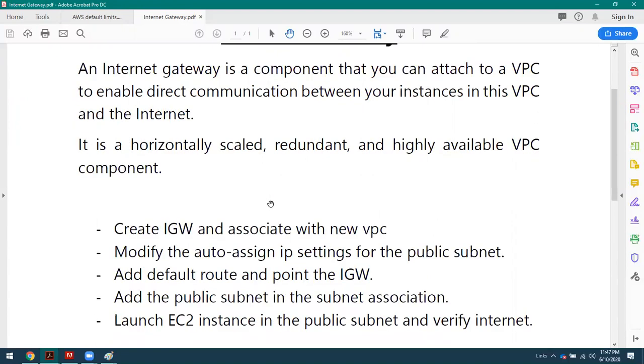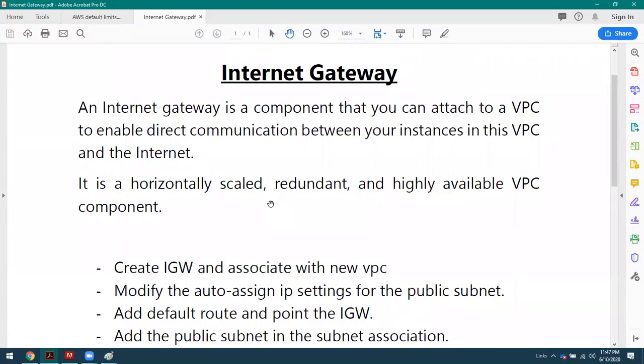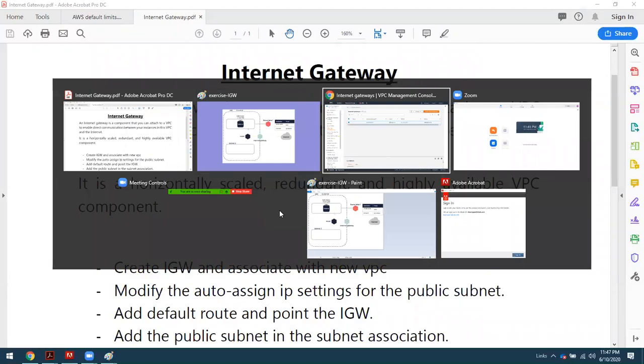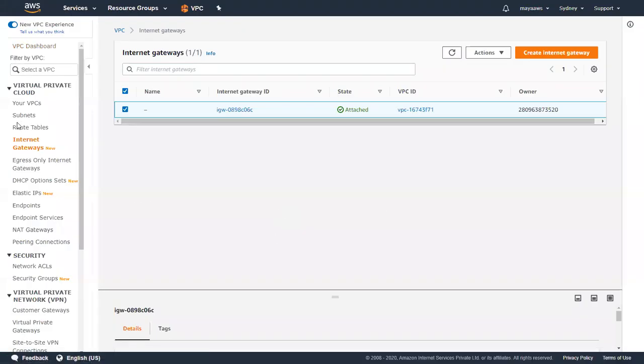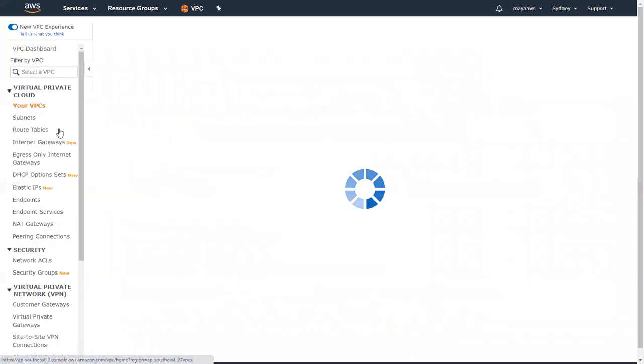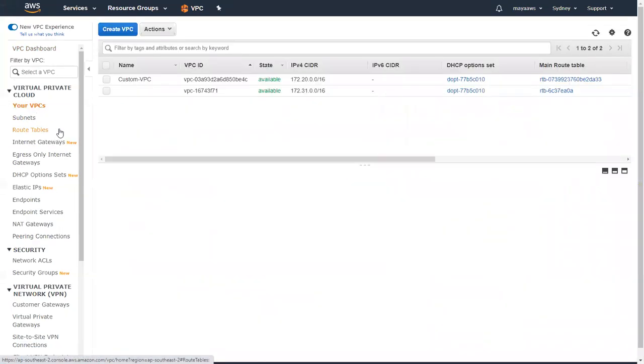Yes. So today we are going to learn how to configure this internet gateway in the VPC. This internet gateway feature you can see in the AWS console under the VPC. By default, there is a default internet gateway, where in every region you see the default VPC. For the default VPC, there is a default internet gateway. So as we learned yesterday how to create a public subnet and a private subnet, today we are going to continue with that.